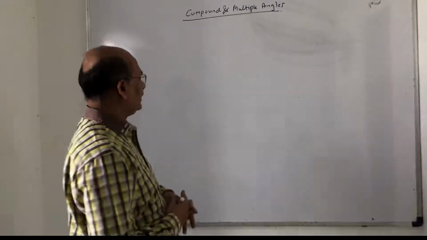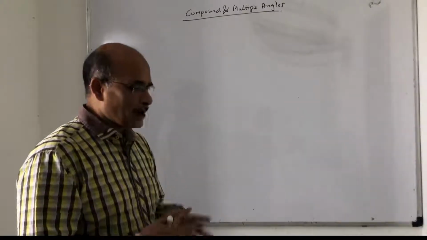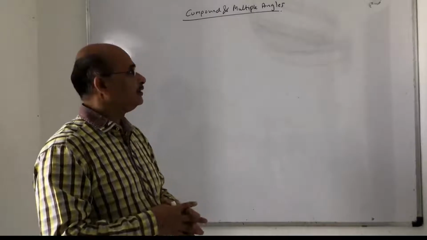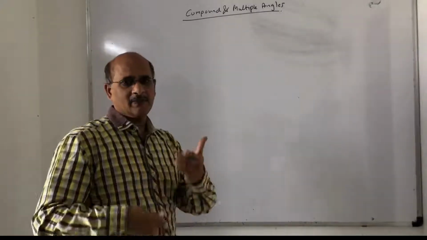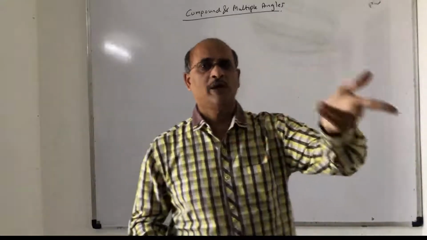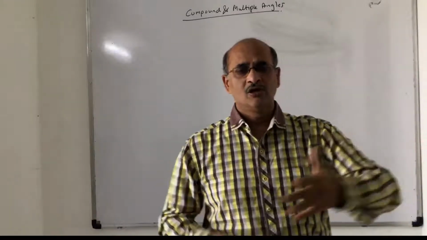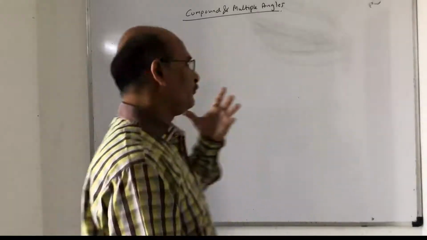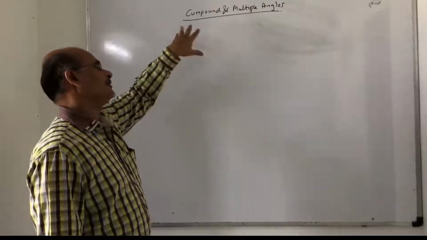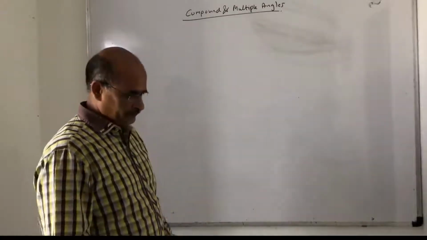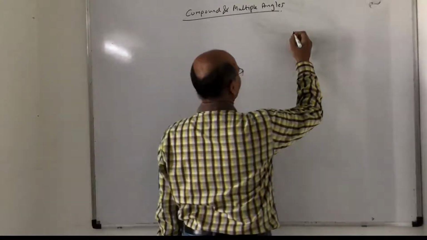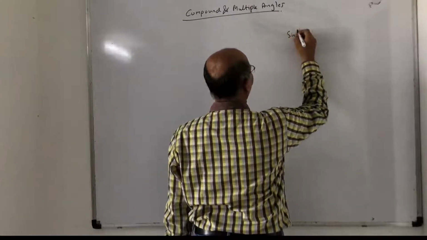As I said, compound means addition of two angles, subtraction of two angles, right? And multiple angles means a single angle, 2A, 3A, 4A. Are you understanding this? So that way we are going to study first the basic formulas which are going to help us in solving the sums of compound and multiple angles. The first such set of formulas is nothing but sine of addition of two angles.